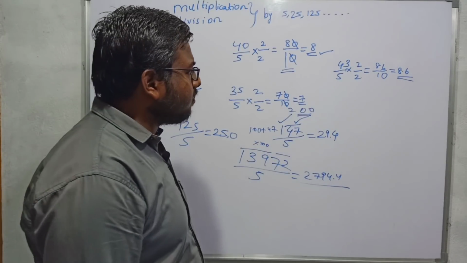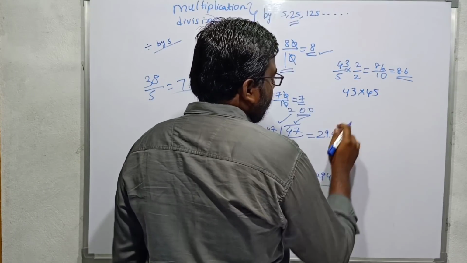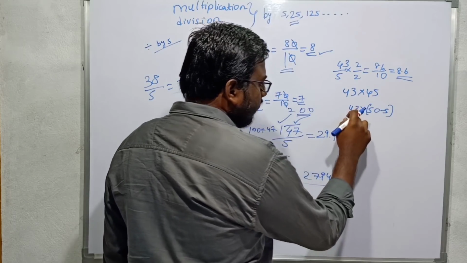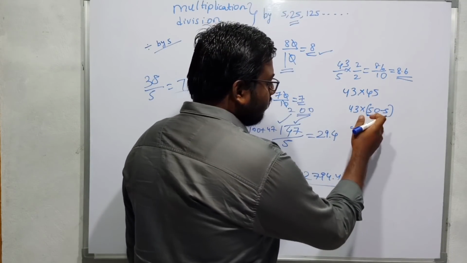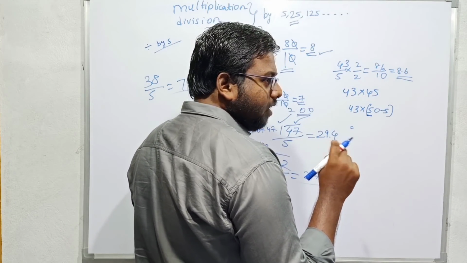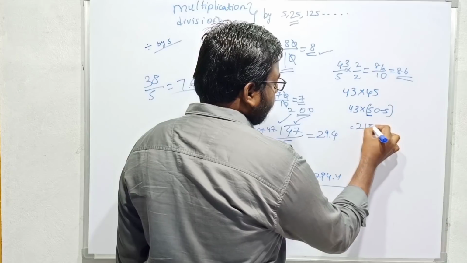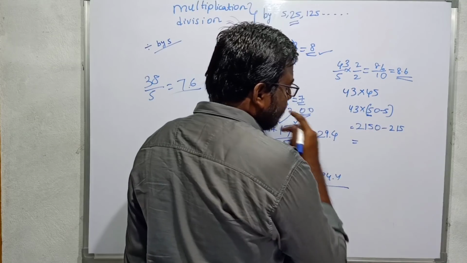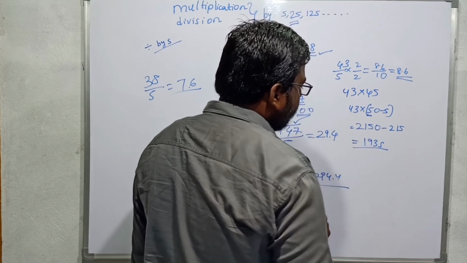For example, if you see the applications of it, for example, if I have to multiply any number and I can write this as 43 into 45 as 50 minus 5. We know how to calculate 43 into 50. For the multiplication with 50 I will take only 5 because this 0 we can put after it because it is simple with multiplication with 10. So we know how to calculate multiplication of any number with 5. That means that but division with 2. I will get this as 21.5. 0 minus 43 into 5 is 215. 2150 minus 215, 1935. 1935 will be the result of it.